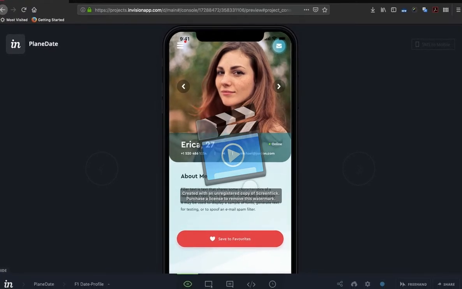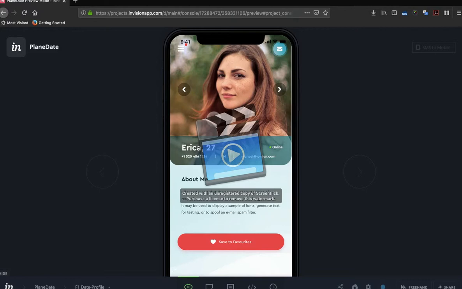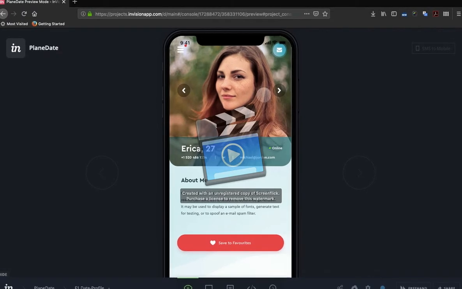One thing you have to remember is that there are three modes for Plain Date. There's the normal date, which is a plain date where you're going to date, and then there's network mode. Network is for professional dating. And then there's also travel buddy. That is like vacation or leisure.